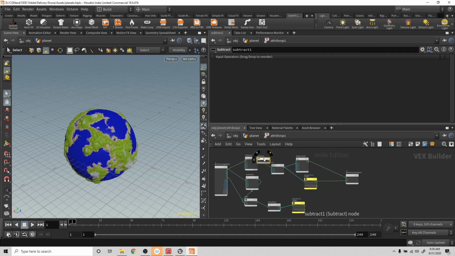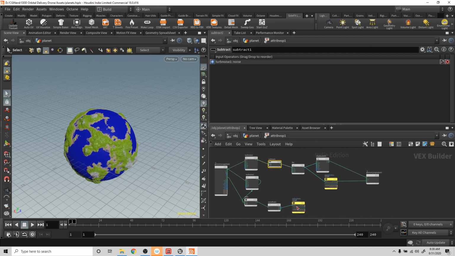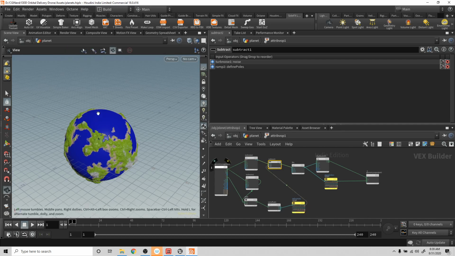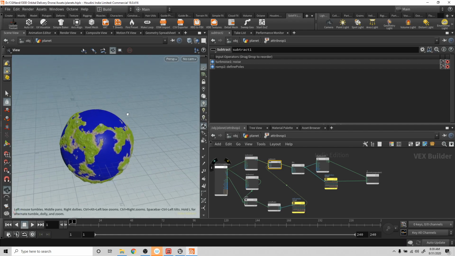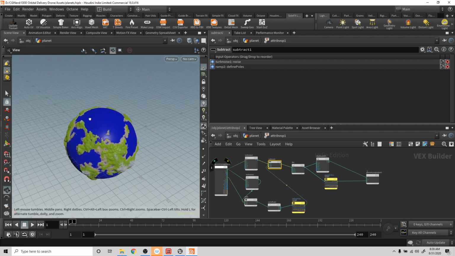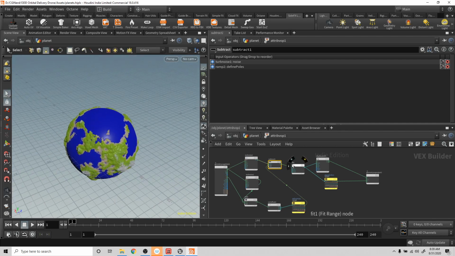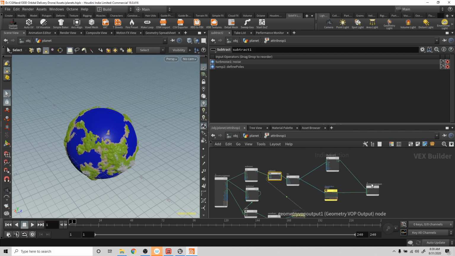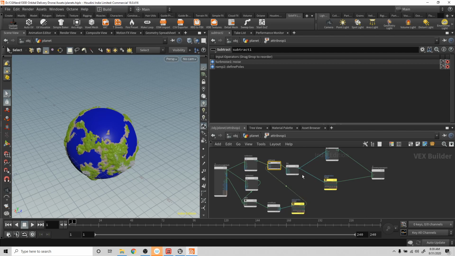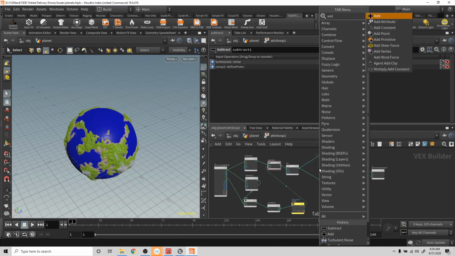So this is what we have as our initial value, and then we're going to subtract this as the second value. And you can see that takes off the area of the land there, and I like that a lot. Then after we've done that over here, before the displacement, we need to add back the land. So let's go add,